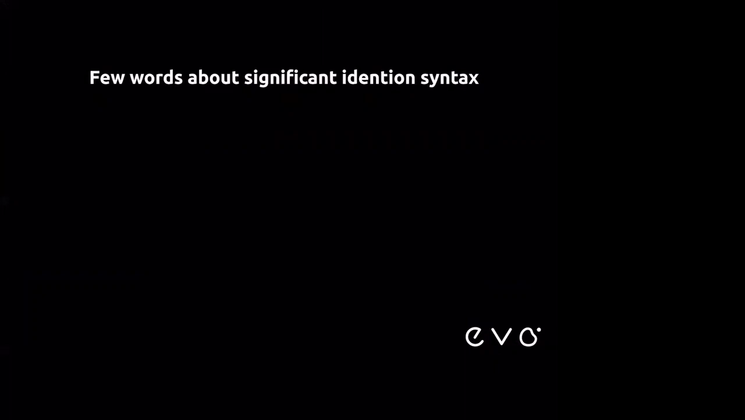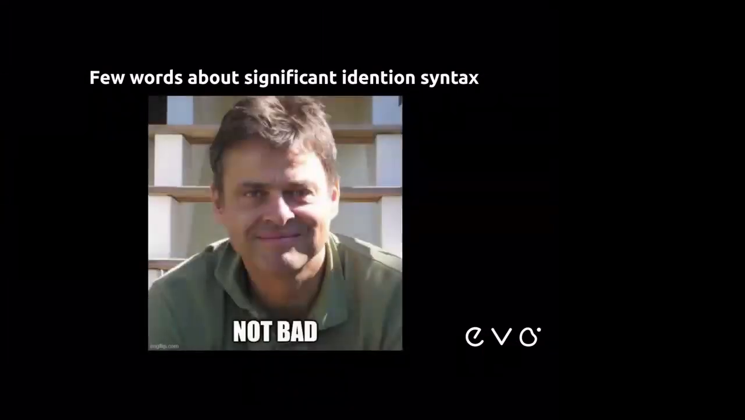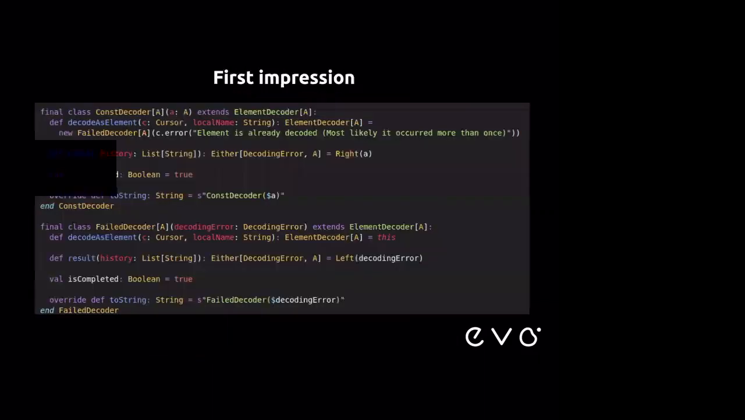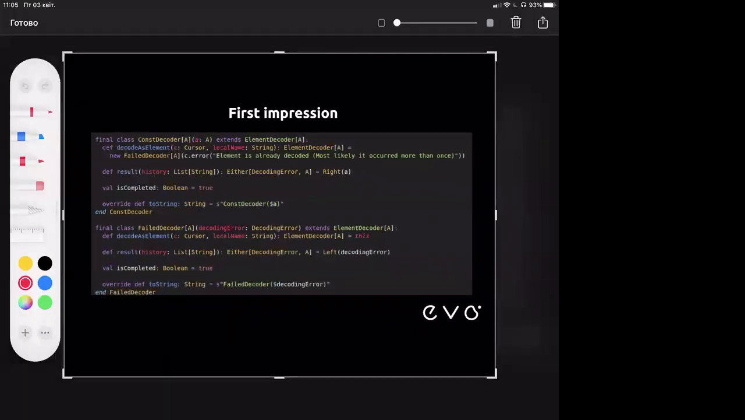A few words about the new significant indentation syntax created by Martin. My first impression was that it looks not bad. Let's see some examples. For instance, in Scala 2, we should use curly braces, but here we just write a colon, and then everything is separated using spaces or tabulations. Optionally, at the end of any definition, in this case, at the end of the class definition,